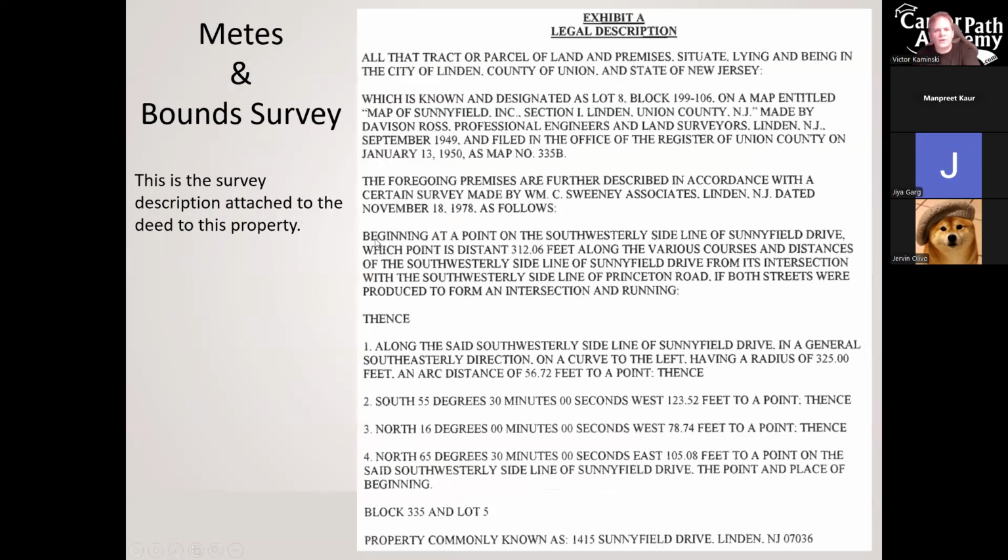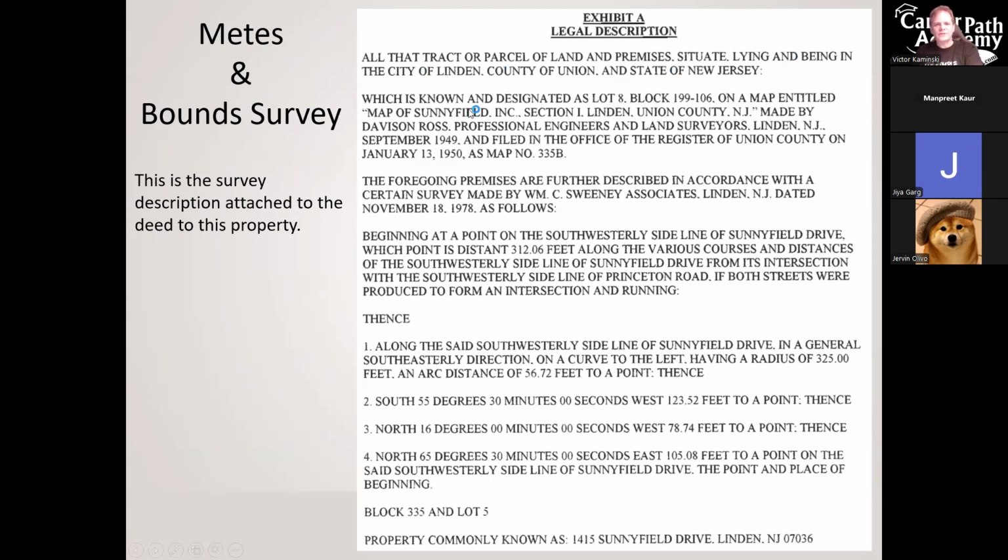All right, so here is an example of a survey, once again, for my property. And this is the way it was written up. Example A, legal description. Now, you can see the survey map, but it's accompanied by a write-up. And this write-up can be on its own or it can be part of the deed. It can be written into the deed like this. Now, what is this? All that tract or parcel, and they use weird wording. All that tract and parcel of land and premises situated lying and being in the City of Linden, Union County, in